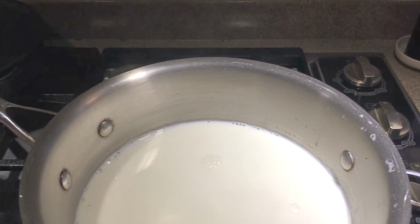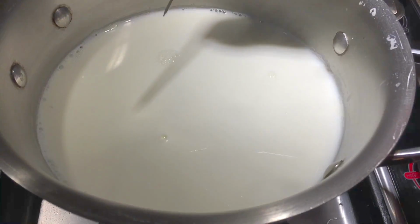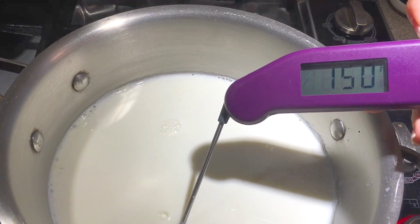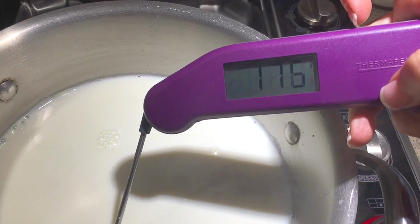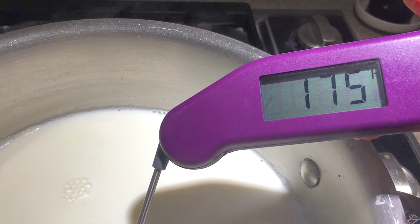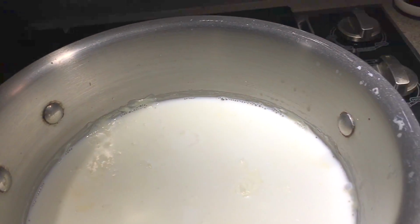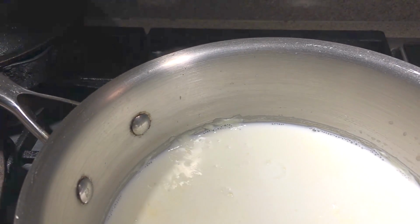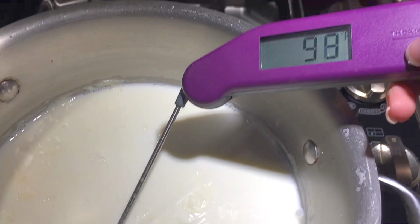You know, I used to do double boilers and stuff, and I dispensed with that. So then after a while, you can see a little bit of steam coming up. It looked like it was about right. That's about perfect. It could be a little bit hotter. It can get up to 185. You know, remember, people have been making yogurt, like in the desert for years, so you don't have to be absolutely precise. When it gets to the right temperature,